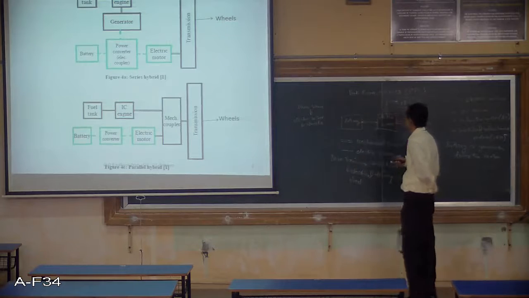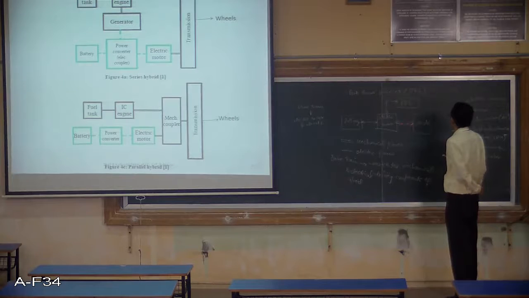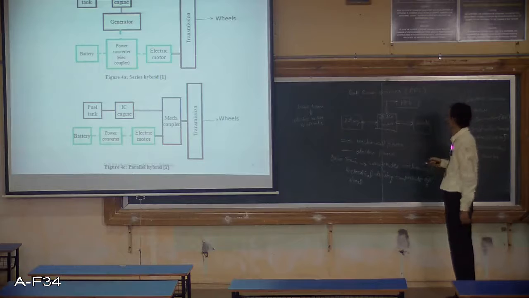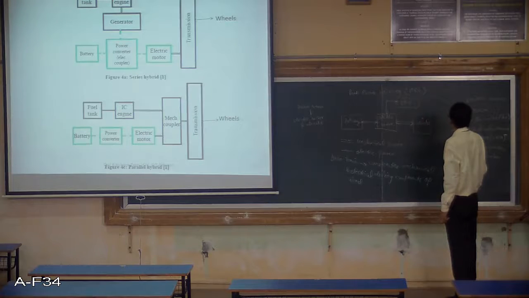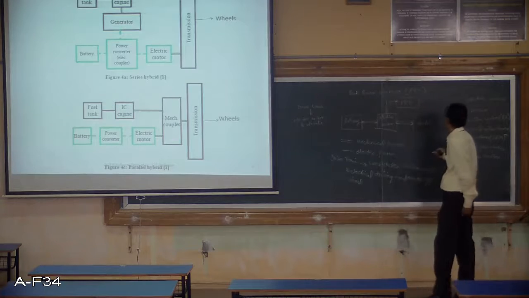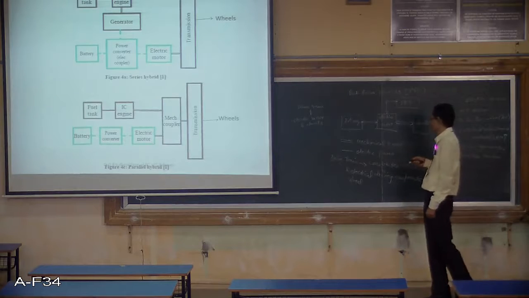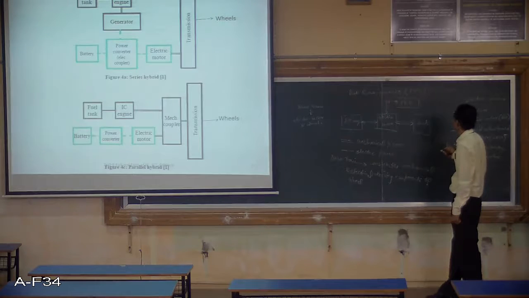So what we can see here is, whatever arrow mark I have shown here, in both the directions the power flows. So here when the braking is taking place, when we are reducing the speed of the vehicle, in that case the mechanical power which is stored in the wheels, mechanical power in terms of kinetic energy or potential energy, this is converted back to electric power by using this electric motor. This electric motor now functions as electric generator, and then this will charge the PPS as well as the battery.